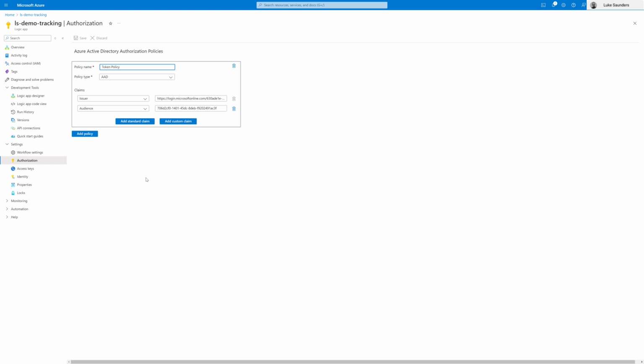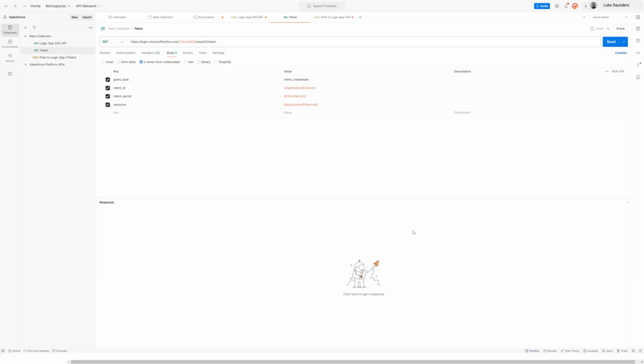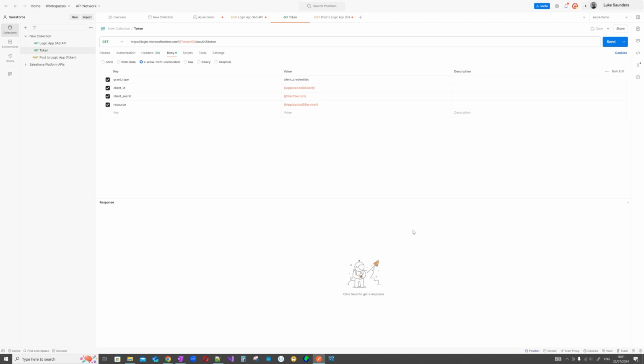Let's open up Postman and let's start to configure that in order for us to be able to request and see if we can receive a token. As per previous examples, we're going to use Postman for testing. So here we're going to create a new request. I've called it token just on here, and it's a get request, and the get request is to this URI here. So it's login.microsoftonline.com/your tenant ID